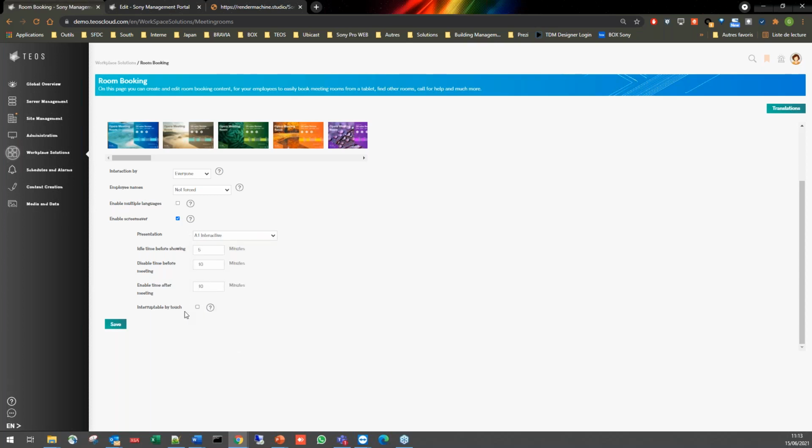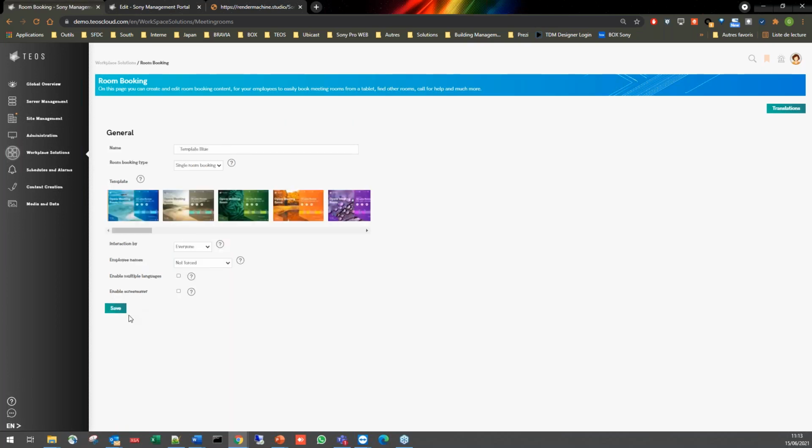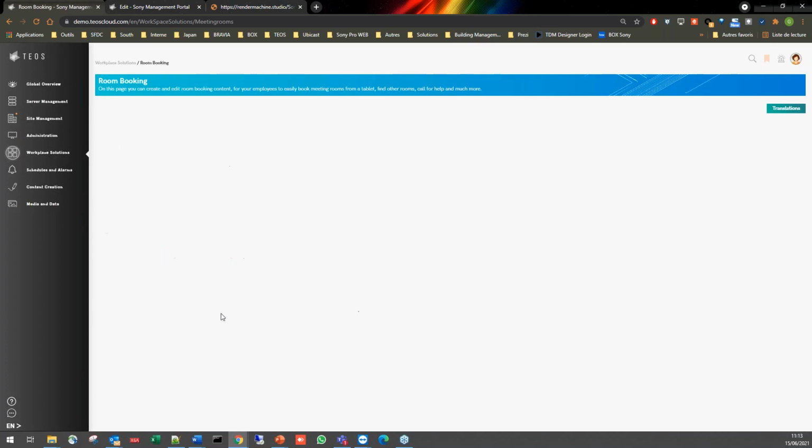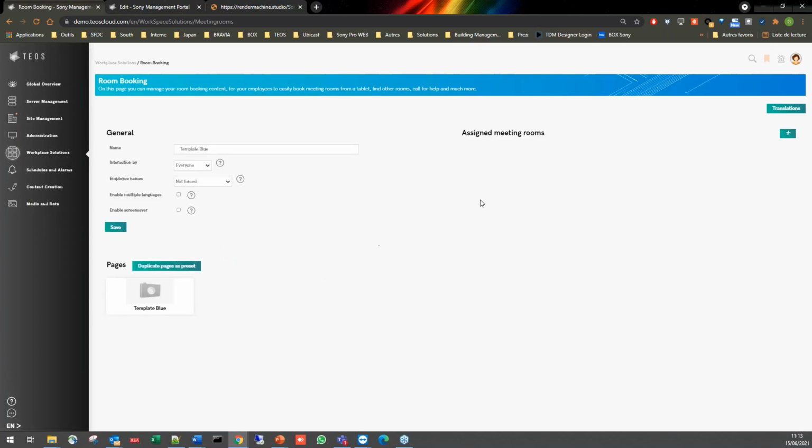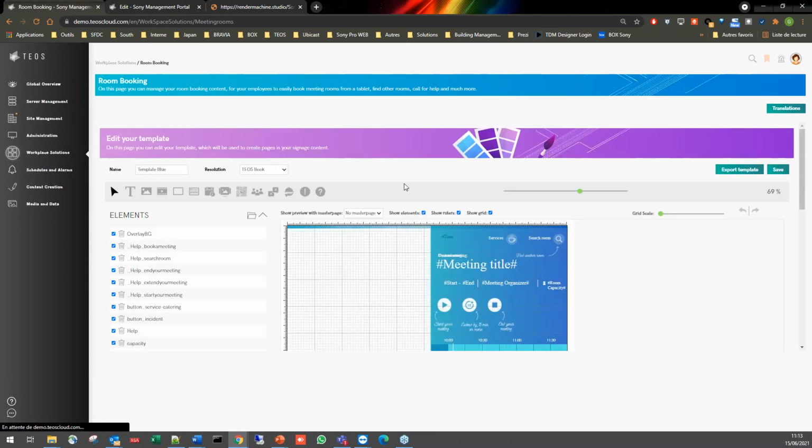Other options are the possibility to interrupt while we are showing the signage interface, to give still the possibility to a user to book the room for later in the day, or to book the room for now. When doing it, just save your presentation, your template, and you can after go back inside it and here do your